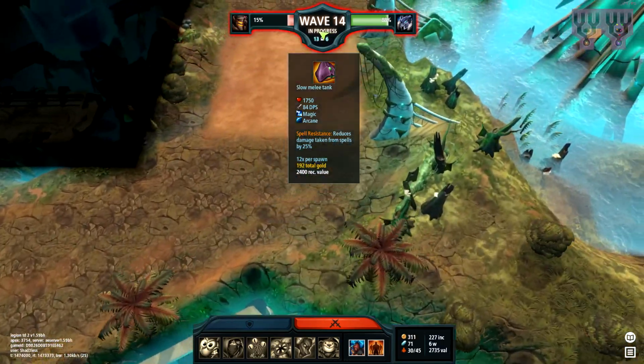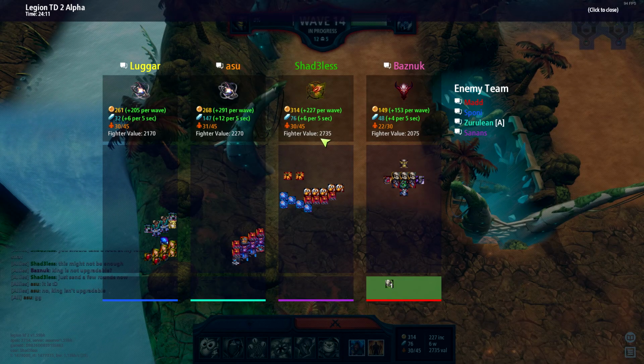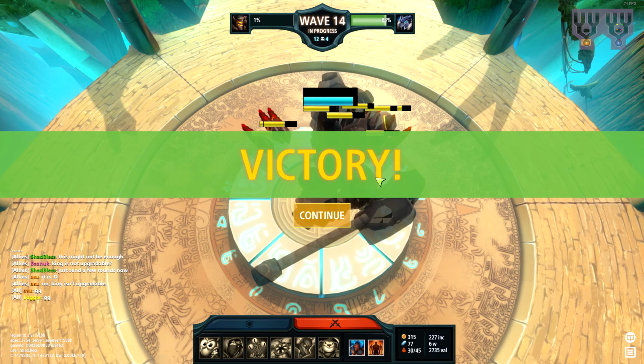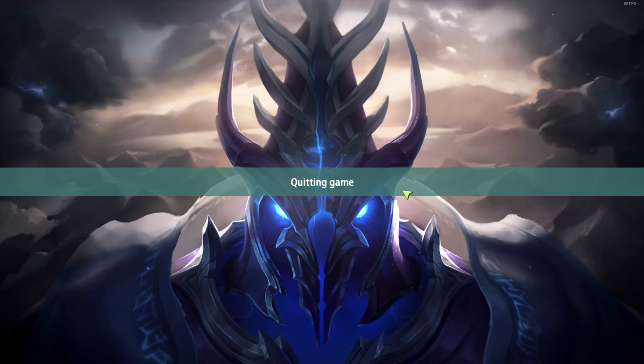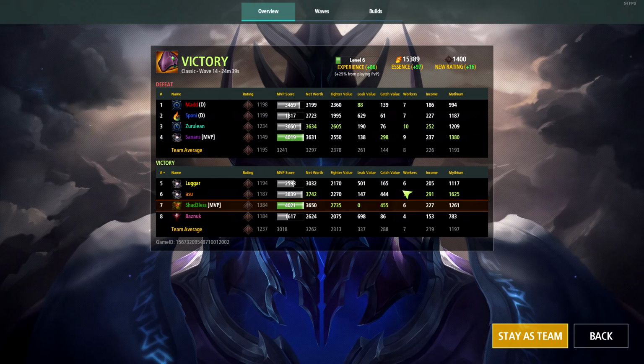So the recommended value for this wave was 2,400, and we are standing at 2,700 with 6 workers, guys. That is not bad at all. And what a nice way to end the video as well. Is it not? Okay, so let me just quickly go over now what I think could actually be improved with